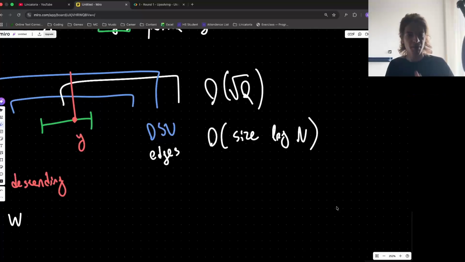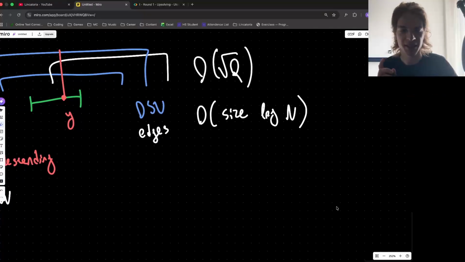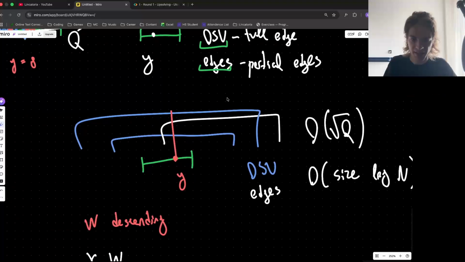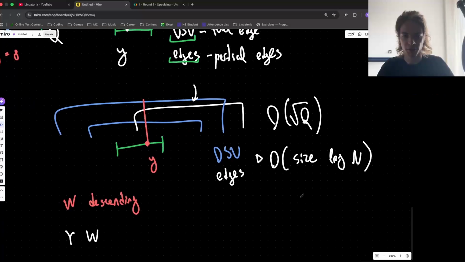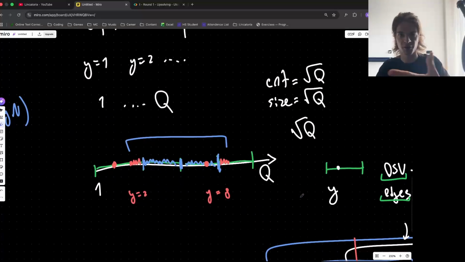Now, it might be unclear why this is fast. The idea is you need to look at every partial edge. So let's say this one. You need to ask yourselves, how many times will it be added in the second part? So here, how many times will we need to add this edge manually and then remove it manually, like do the rollback? Well, because of how the queries look like right now, I said the queries go from 1 to